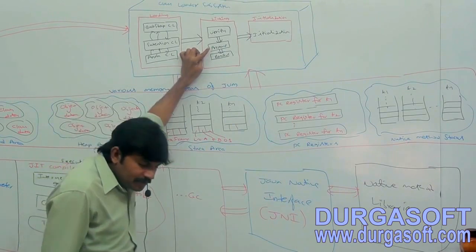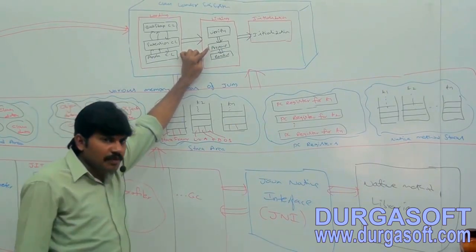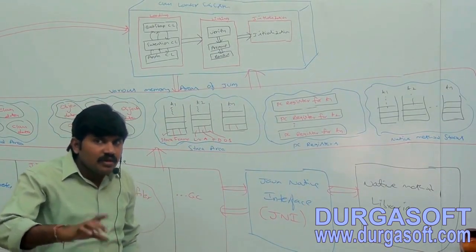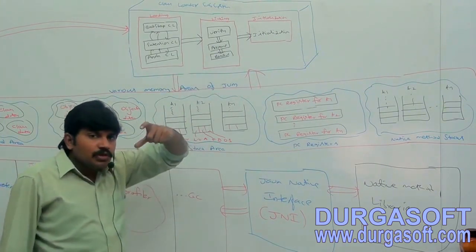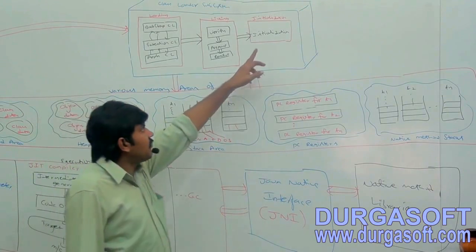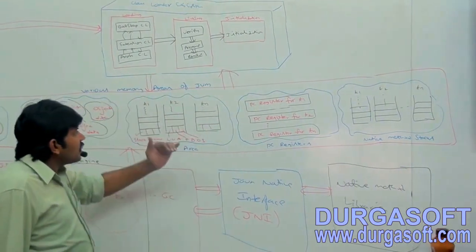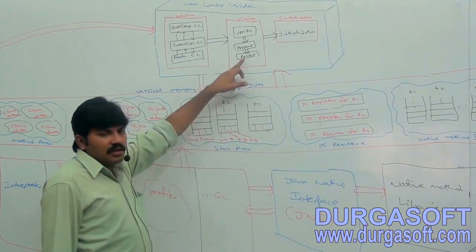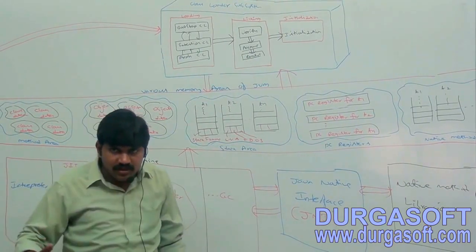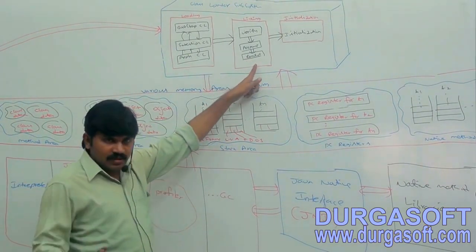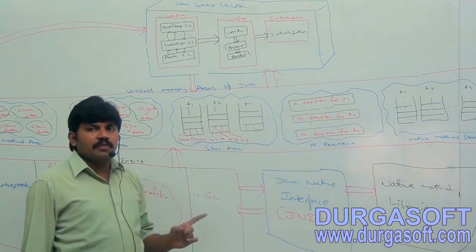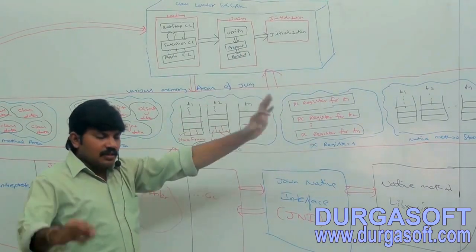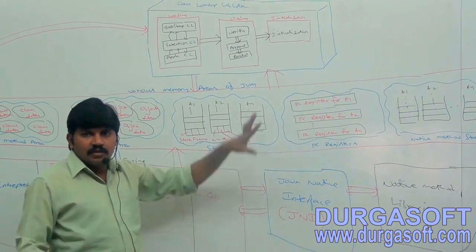Next, after that, prepare. Can you tell what is the meaning of prepare? For static variables, memory will be allocated and assigned with default values, only default values, but original values for static variables will be placed where? Inside initialization, right? Next is resolve, where all symbolic references are replaced with original references from the method area. Initialization: static variable original values will be assigned, static blocks will be executed. That's all. After initialization, class loading is completed successfully by the class loader subsystem.